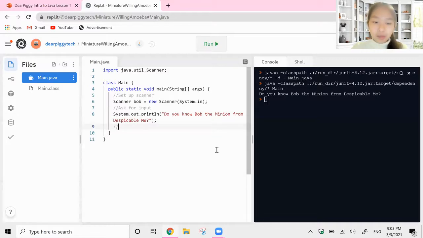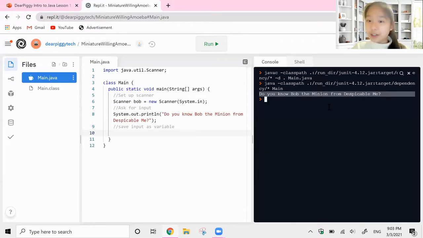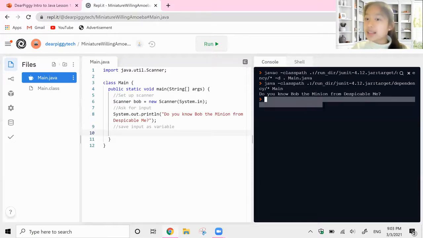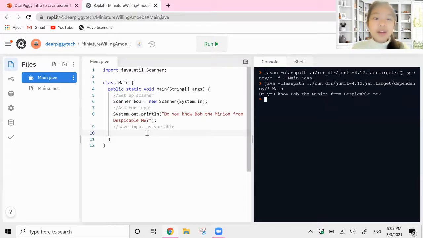So now we're going to save input as a variable. So one thing that I really want to show carefully here. So basically what we're going to do is we are going to get the next line. So think about it this way. We asked the question on this first line here, right? So where is the answer going to be? The answer is going to be the next line that shows up. So instead, just go ahead and do